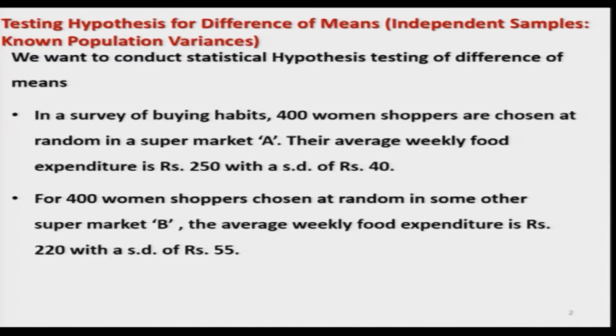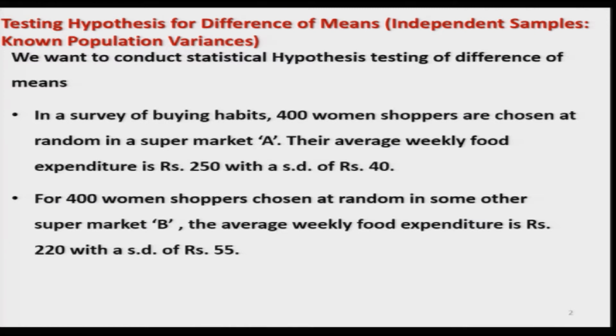Let us begin our lecture and first try to understand the basics. The first case I will take is where sigma square is known, and after that I will come to the assumption that sigma square is unknown. You can recall that in the one sample case you used the Z test, that was x bar minus mu upon sigma by root n, and then you conducted the test of hypothesis. The same thing I am going to use here towards the end.